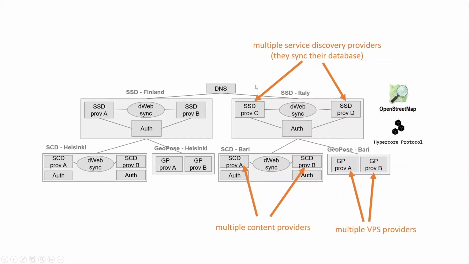The spatial content discovery is the other type of service, which works very similarly. It contains records of content with the associated GeoPose. So contents can be anything like 3D models, 2D info stickers, or points of interest, but also more complex scene descriptions, or just a URL to other experiences and larger contents. It also contains a GeoPose and some metadata: who created it, when, what kind of topics this record belongs to. We call it a spatial content record, or SCR.